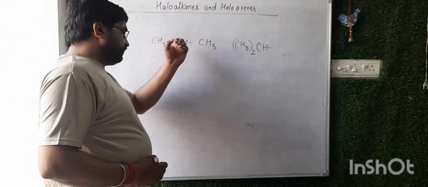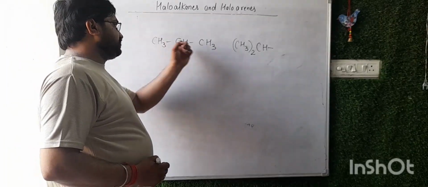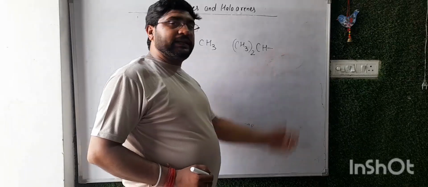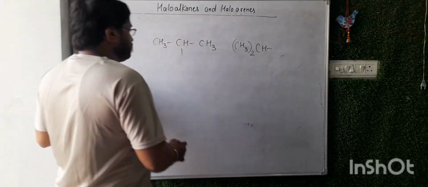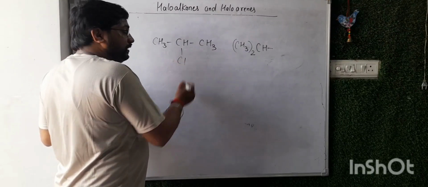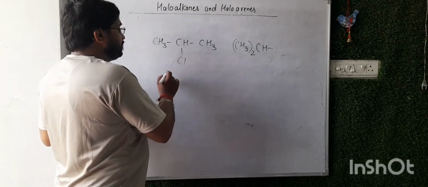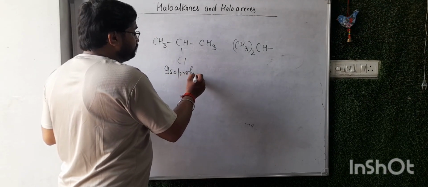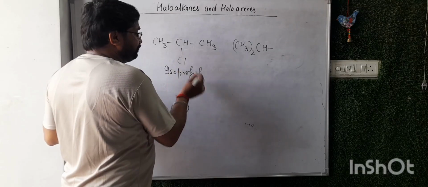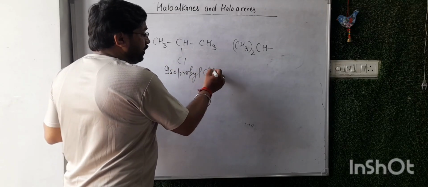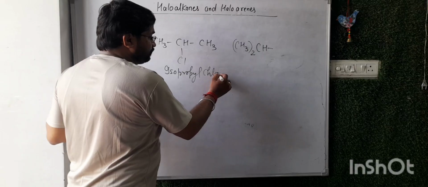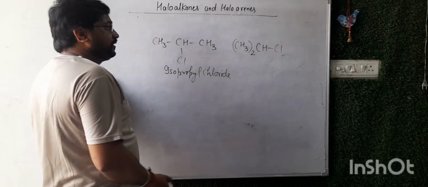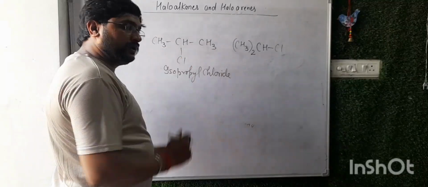Okay, मिडिल कार्बन की एक वैलेंसी हमारी फ्री होती है, CH3 CH CH3, कंडेंस फॉर्म में हम कैसे लिखते हैं, CH3 का होल ट्वाइस CH, एक वैलेंसी फ्री कर देते हैं। अब यहाँ हम कुछ भी लगा सकते हैं, क्लियर? यहाँ पे क्लोरीन लगा देंगे, इसका कॉमन नेम हो जाएगा आइसोप्रोपाइल, क्लियर? आइसोप्रोपाइल ग्रुप है ये। अब यहाँ पे क्लोरीन लगा देंगे, इसका नाम हो गया आइसोप्रोपाइल क्लोराइड, क्लियर? ये इसका कंडेंस फॉर्म है, ये भी आइसोप्रोपाइल क्लोराइड।